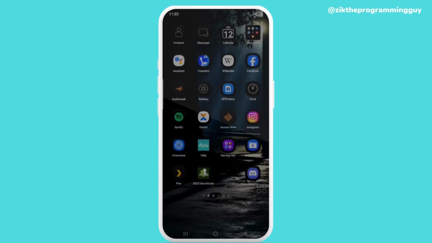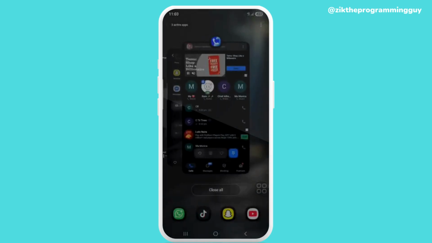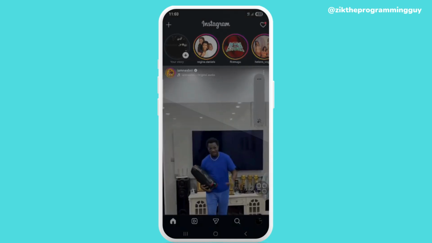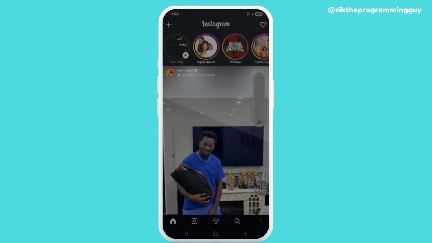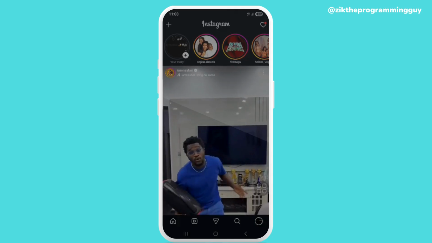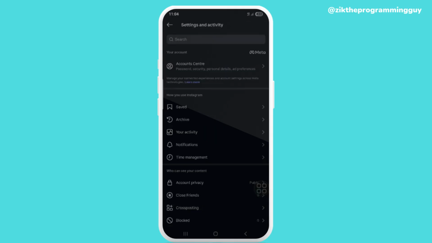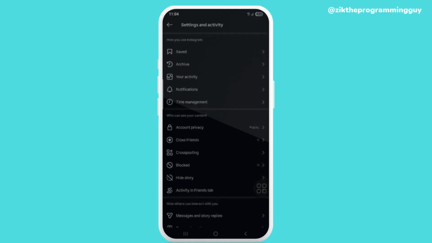So first thing you have to do is click open your Instagram app and click on your profile, which is below your screen, and you look above your screen at the right side corner. You're going to see 3 horizontal lines. Click on that. So after you click open, what you need to do is scroll down